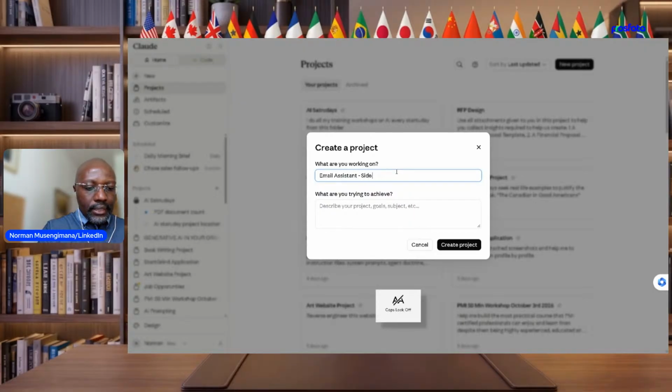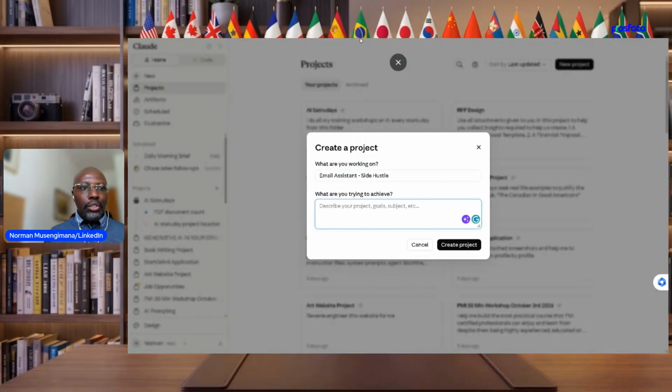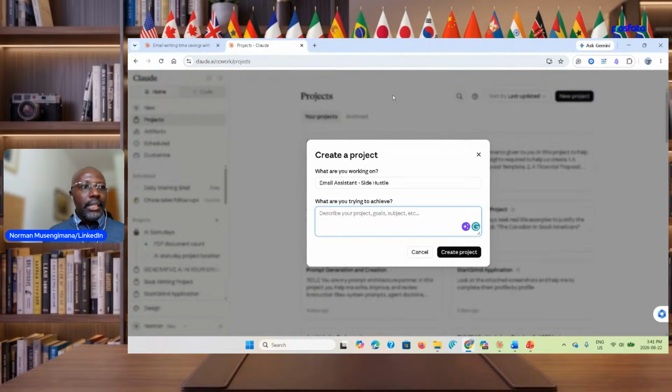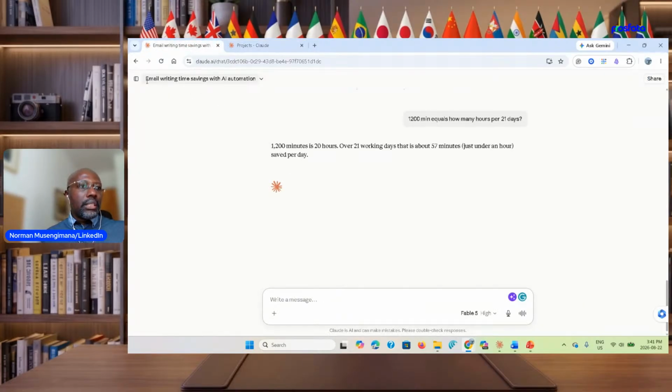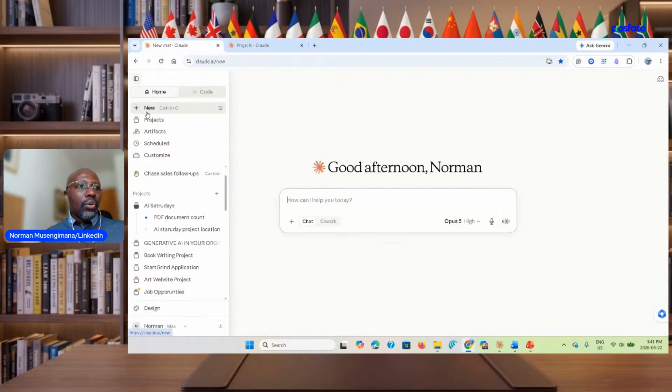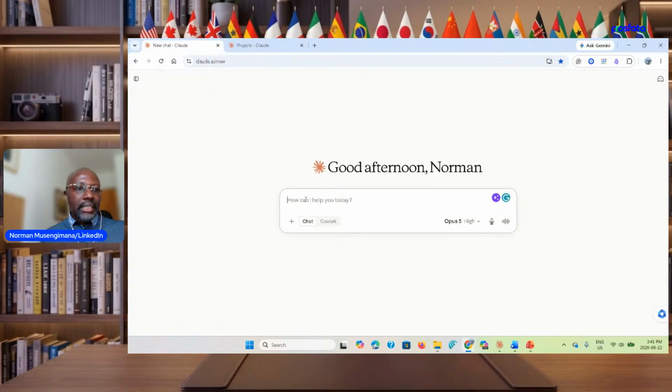Then I say side hustle. Basically, I know that it's not my full-time job. Now, I don't have to type all of these things, because I can use Cloud Code Chat to help me to write the